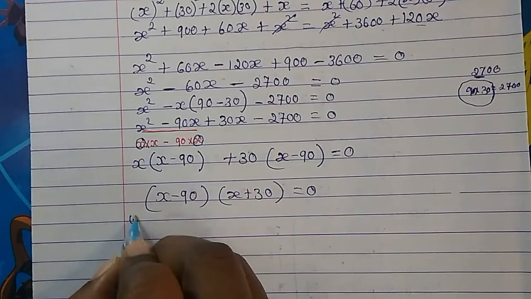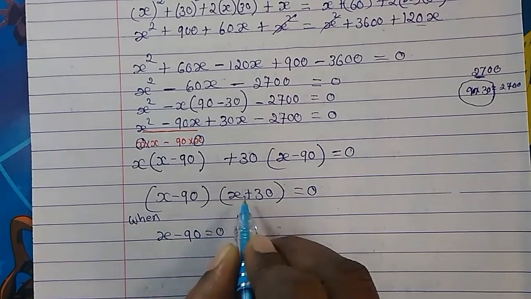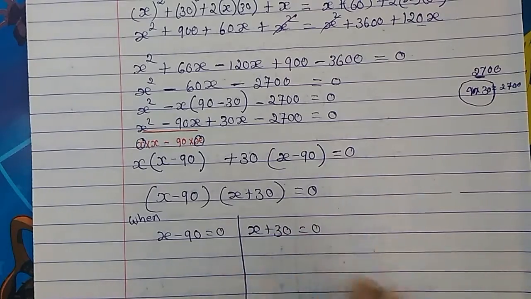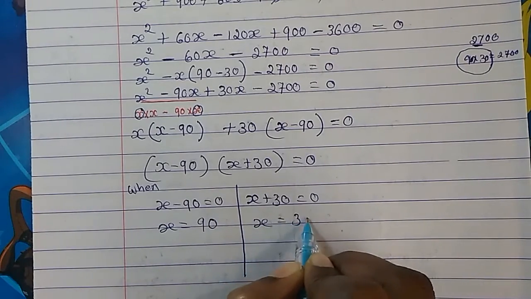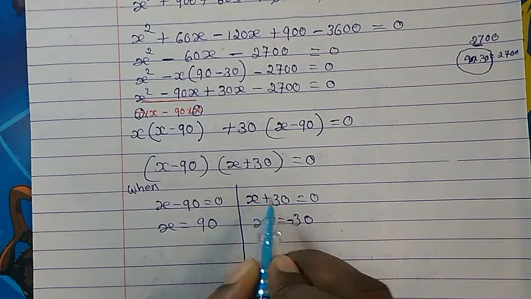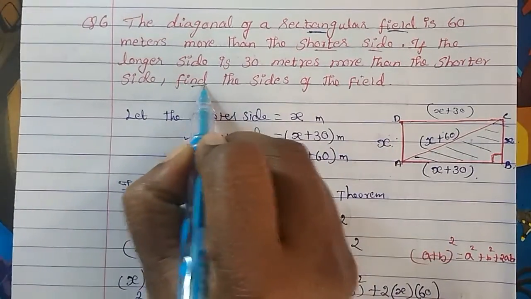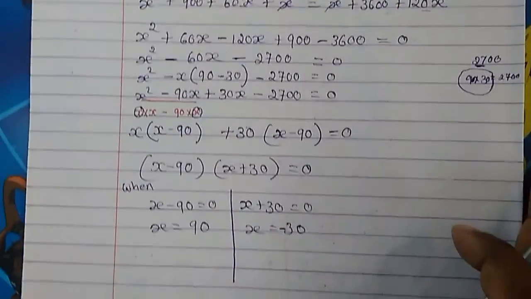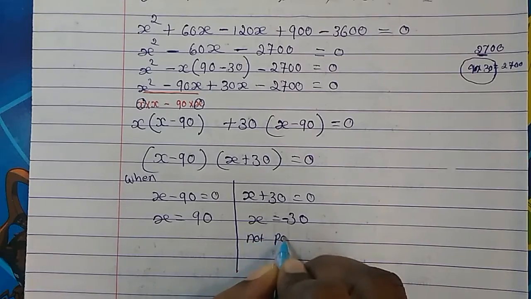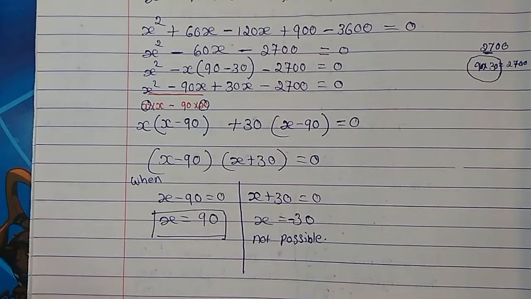Okay. So now x minus 90 is equal to 0 and x plus 30 is equal to 0, because we have to find out the x value, so x equal to 90, here x equal to 30, but minus, because this is in plus, when it comes this side becomes minus. Now minus 30 cannot be, because we have to find what? Find the sides of the field. Can the sides of the field be negative? So negative value is not possible. Okay, this is not possible. So we will take only the positive value.